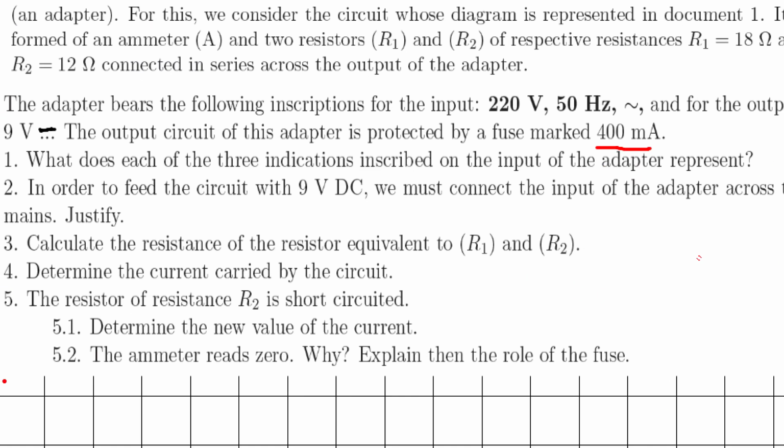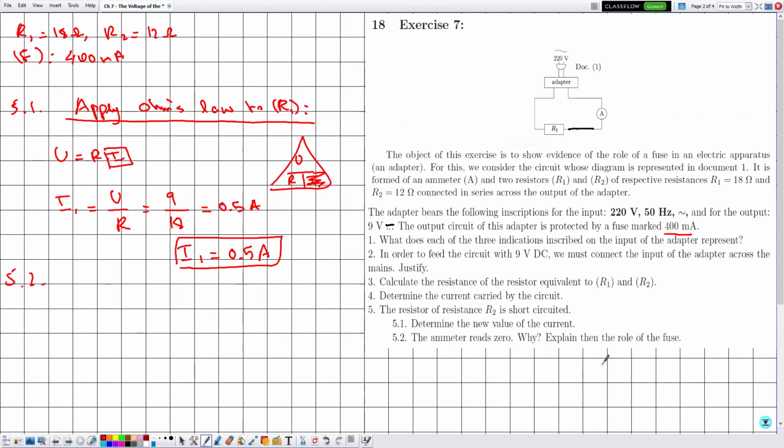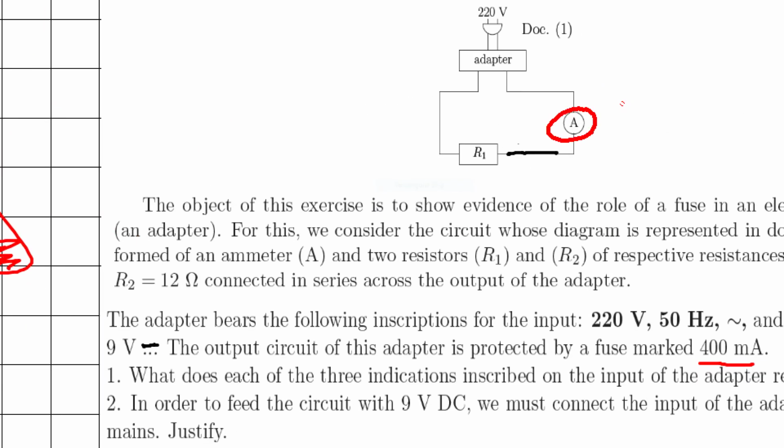Now in 5.2 they are telling us the ammeter reads 0. Why? Explain then the role of the fuse. So the ammeter is reading zero current, which means that the circuit is an open circuit, and this is because